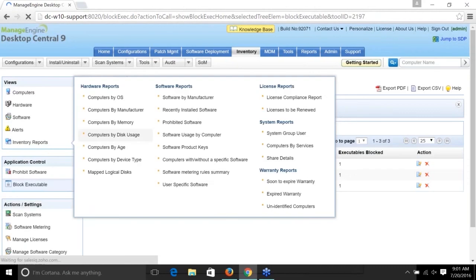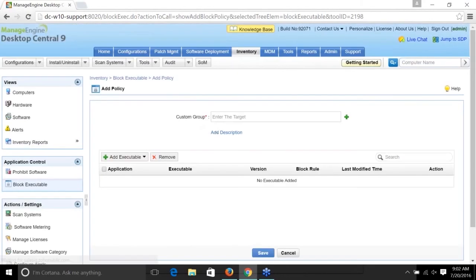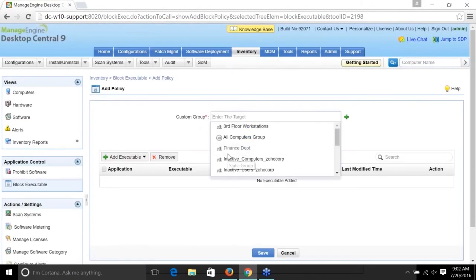Now, there might be some tricky users who are capable of identifying how this application is blocked. They can change the name of the executable, so something from scp.exe to scp1.exe. Is there a way to handle such a situation? Yes, we have an advanced method where you can choose